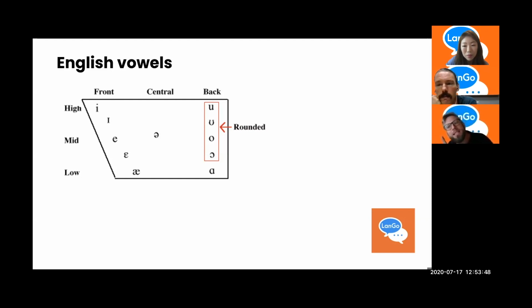And the word that has the next vowel, which is different than that, is bought. Like I bought something at the store, the past tense of buy. So bot, bought. For some speakers, like me, those are two distinct vowels. Very nice. Thanks, Tyler. O is next. O, like coat.